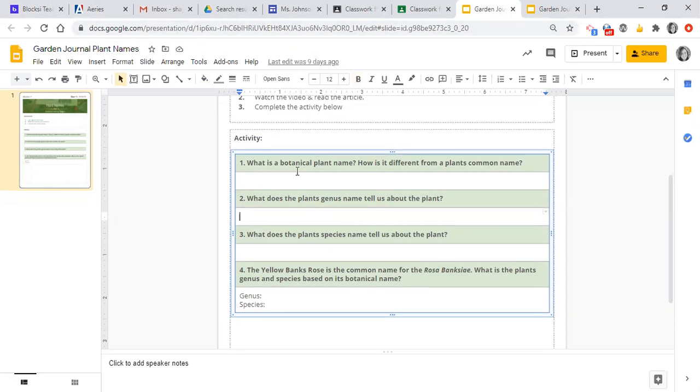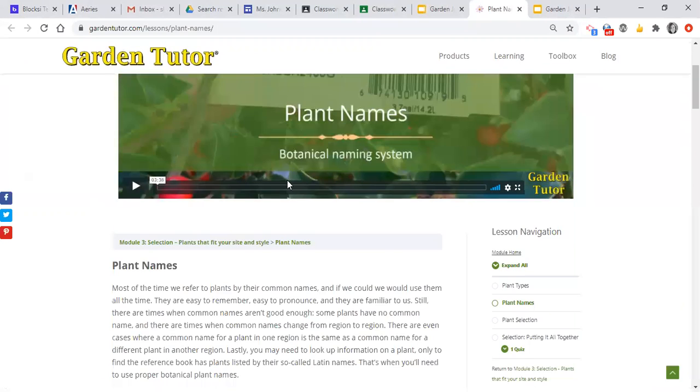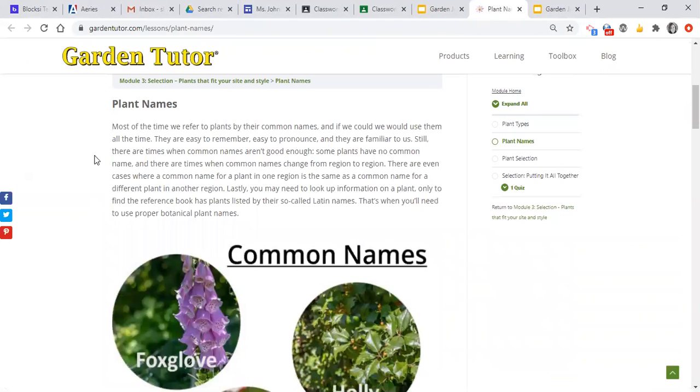Okay, so let's open this up. And we'll read the first paragraph. Most of the time we refer to plants by their common names. And if we could use them all the time, they're easy to remember, easy to pronounce, and they're familiar